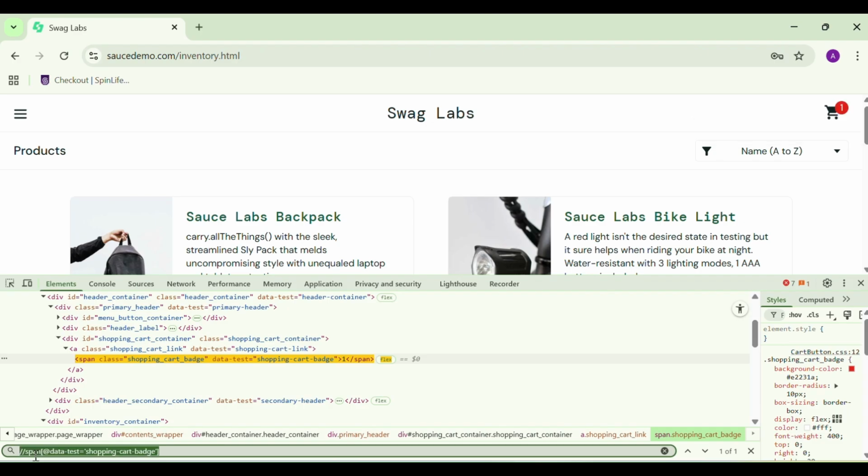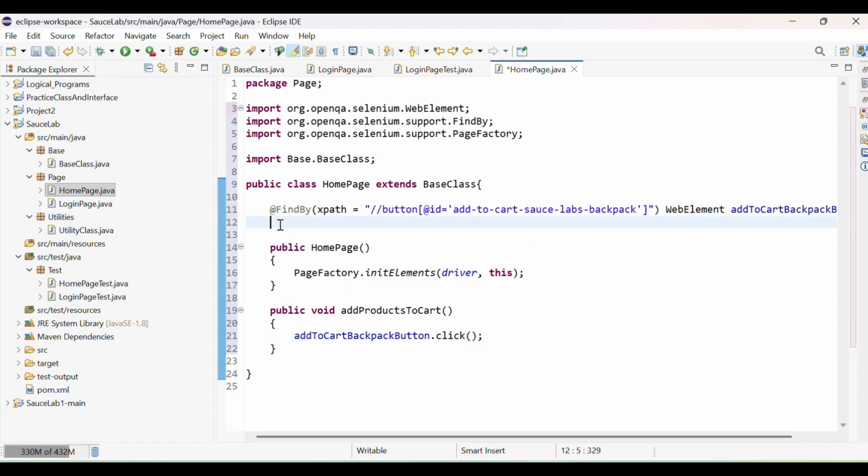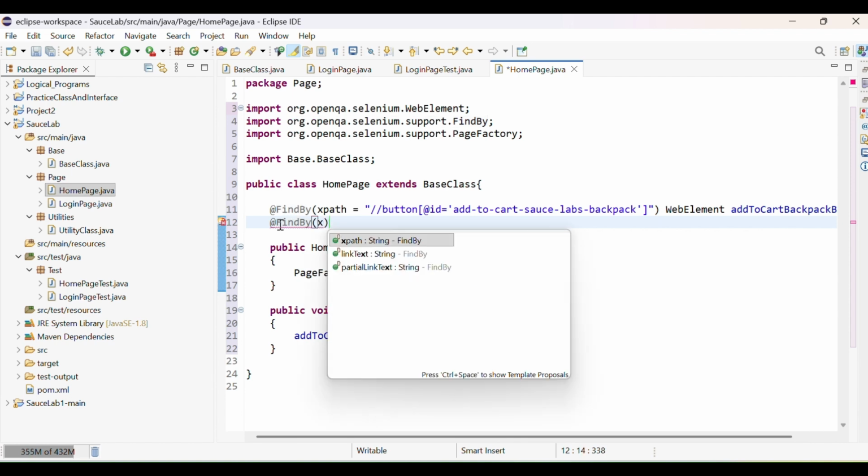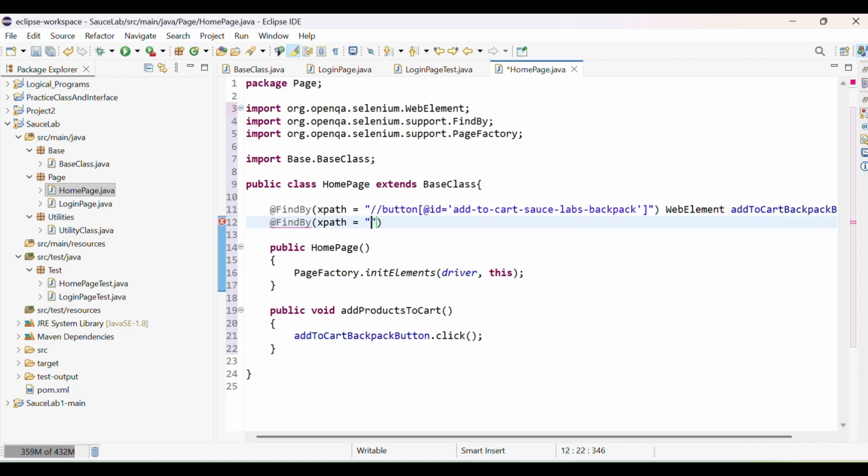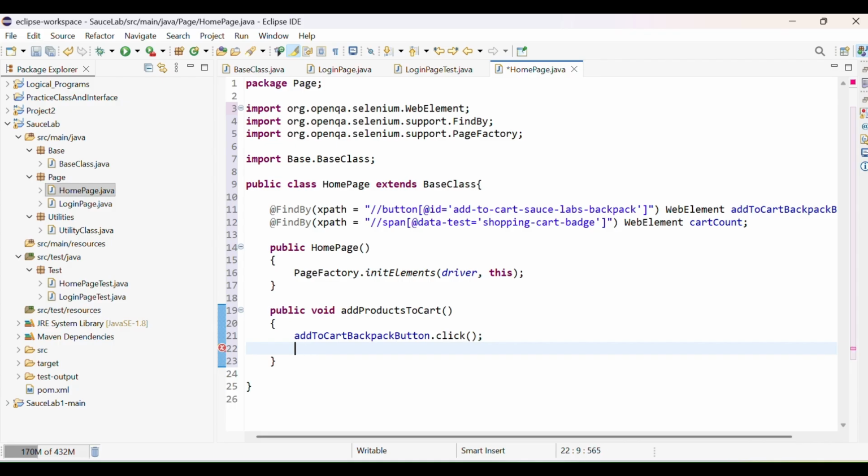Also we have to copy this and go back to our Eclipse. After adding that we want the count to be verified. Okay, so find by using XPath. I want XPath equal to, in double inverted commas, this, and now we'll give the name as cartCount, right? Okay, so that is it. And now we will use return. Okay, first cartCount dot